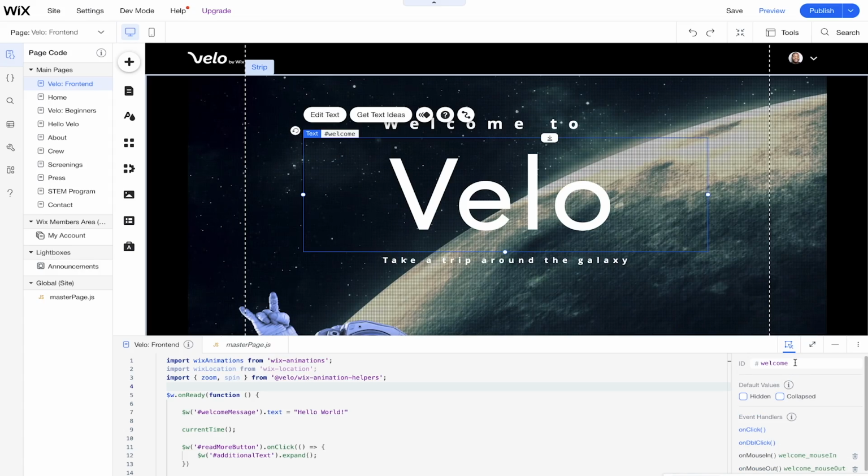So even from the last lesson, we used the static event handler to make the text zoom in and out when we moused in and moused out. When we hovered over the text, it would zoom in and zoom out, and those were static event handlers. So we specified which element needed that static event handler by the ID, which is given to us in the properties panel itself. So let's go back to this welcome message,